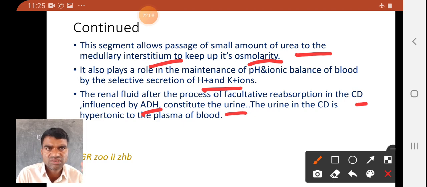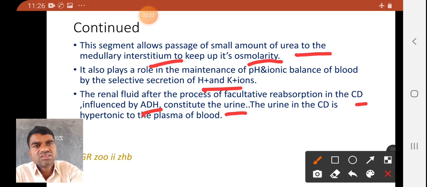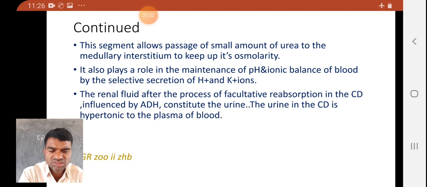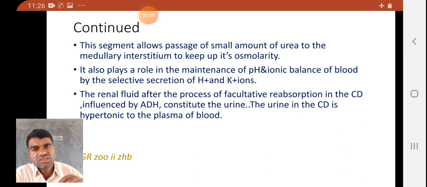It contains various salts, different types of salts, for example sodium, potassium, etc. All are there. That's why it is called concentrated urine. Okay, concentrated urine is formed, right? So the urine formation involves three main steps, that is glomerular filtration, selective reabsorption and tubular secretion.